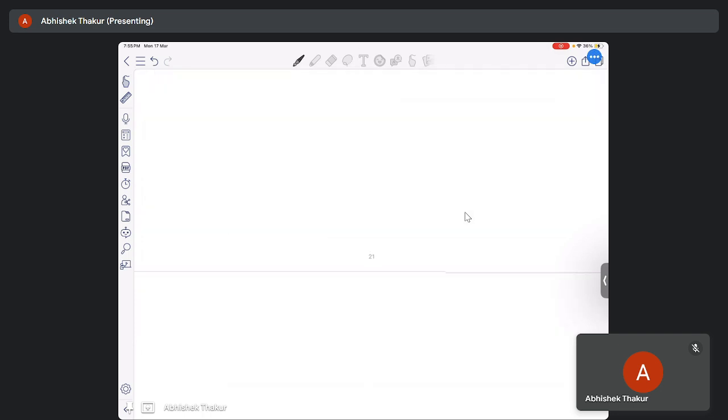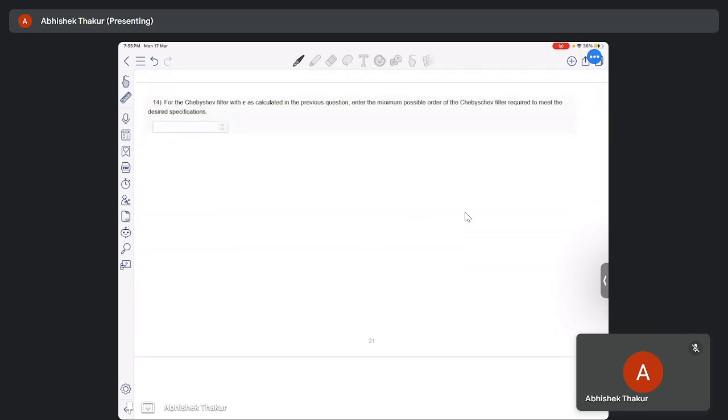Now coming to the last question of today's class. For the Chebyshev filter, with epsilon as calculated in the previous question, enter the minimum possible order of the Chebyshev filter, the minimum possible order required to meet the desired specification. So for a Chebyshev filter, by observing that for a monotonic stop band, the stop band magnitude response is always less than its value at the stop band edge, and this value has to be less than or equal to delta 2. So n should be greater than or equal to cosh inverse of square root of d2 by epsilon square,